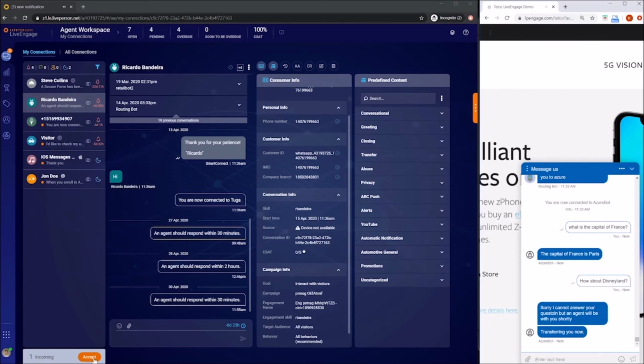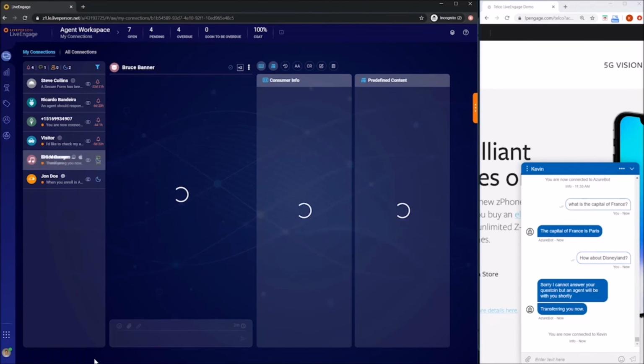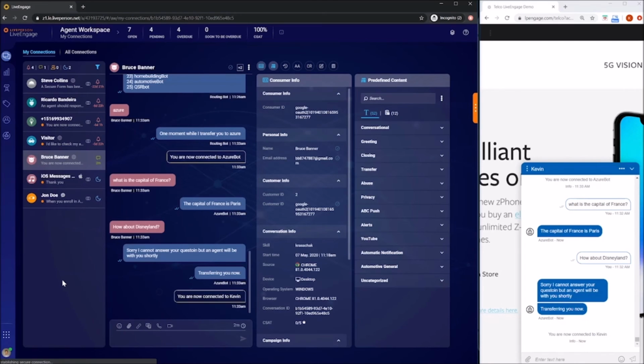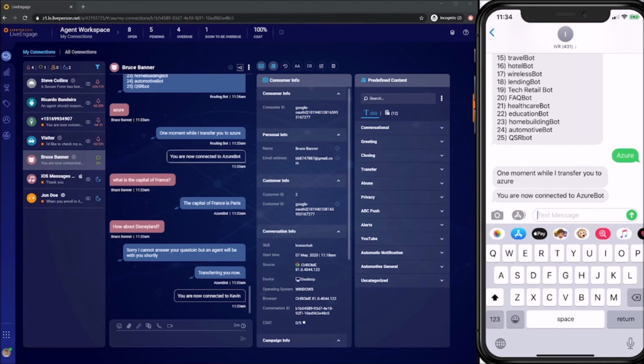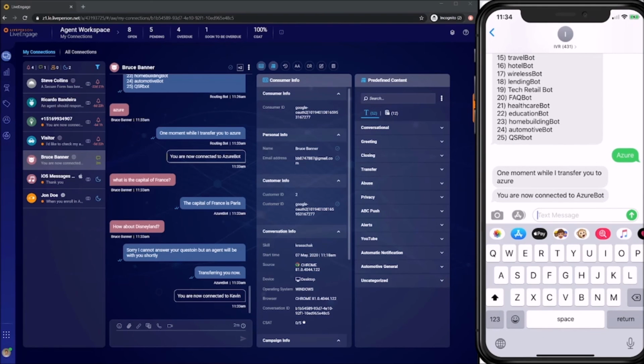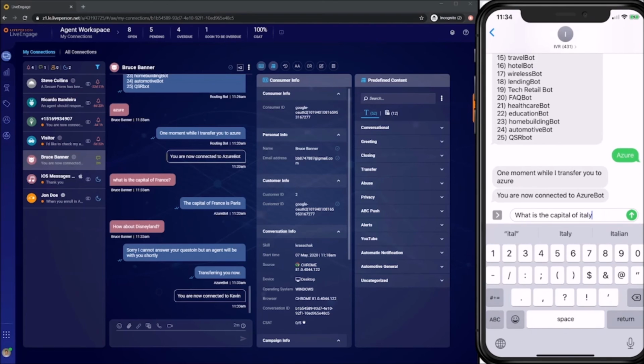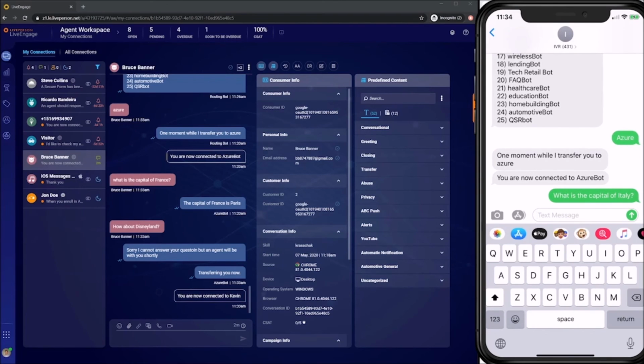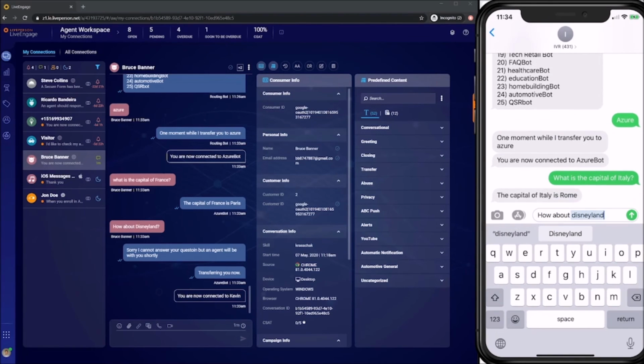As you can see, it moves into the agent workspace on the left, entering the queue of concurrent conversations that the agent is handling. And now the last piece to be shown is how that looks within an SMS engagement. So just like as was shown within web messaging, we are connected and communicating with the bot itself, firstly. Here, asking the capital of Italy, the bot will respond back with the appropriate response.